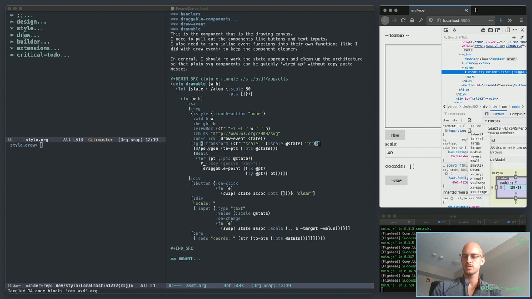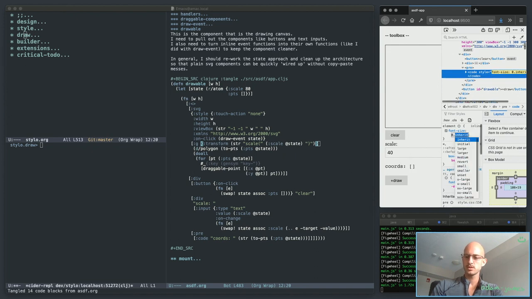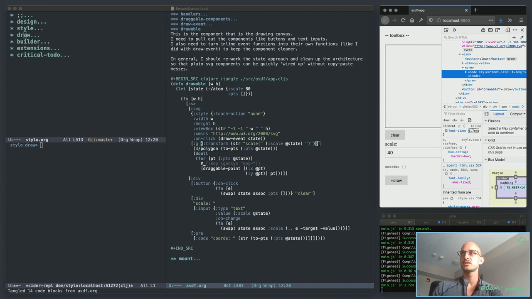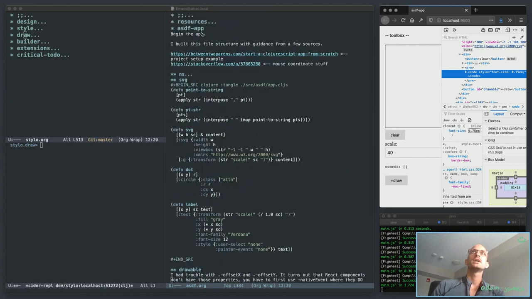Font size 0.8 em, I think. Nope. 0.6 em is a little small. Let's go 0.7. 0.8 em seems good. 0.75. Yeah, sure. Right, so all I have to do there